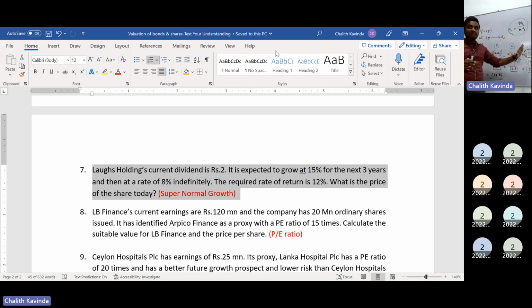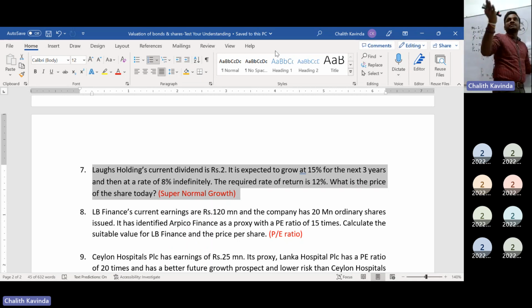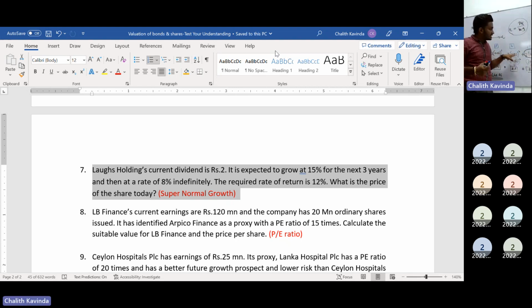They can play any game in the introduction, development, and growth stage. But when it comes to the declining stage, they cannot pay that much of a dividend. They need to retain their shareholders anyway. Accordingly, they will pay a stable growth rate. So you could see here the growth rate is high, but when it comes to here, the growth rate is low.